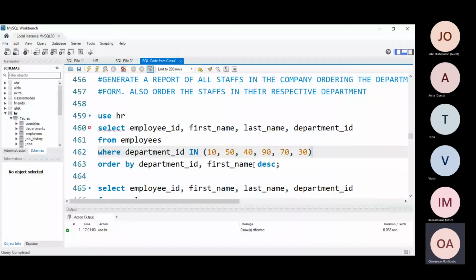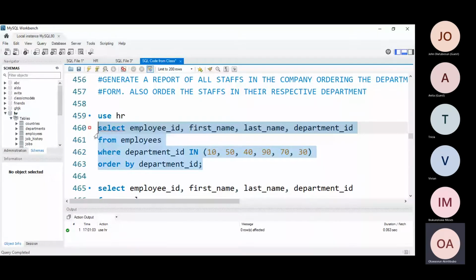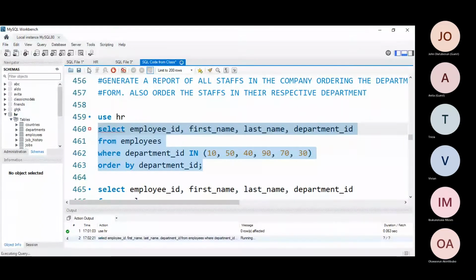So I'm going to remove first name first. We're going to just say order by department. And we are saying descending, so I'm going to remove descending first also. And let's see what we have. What would this give us presently, right? So if we run this now,